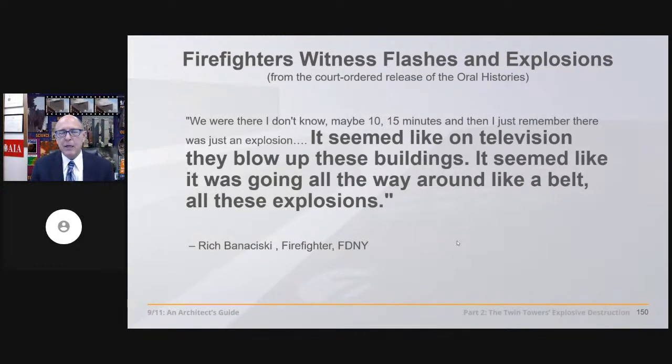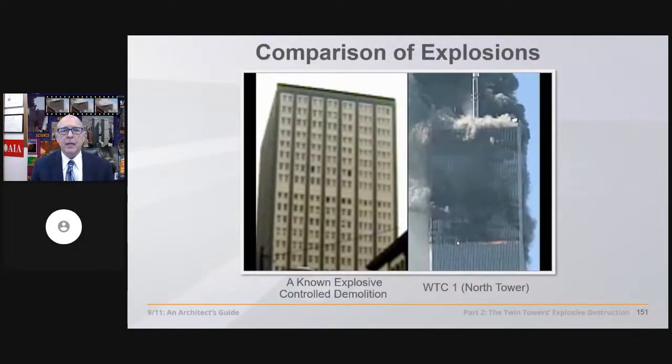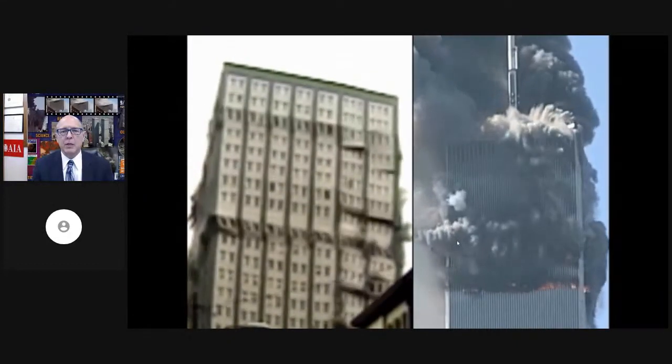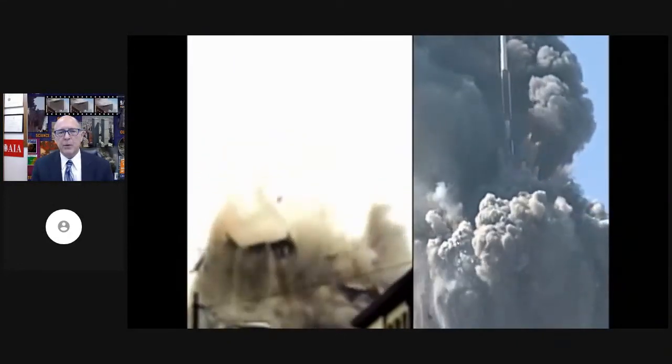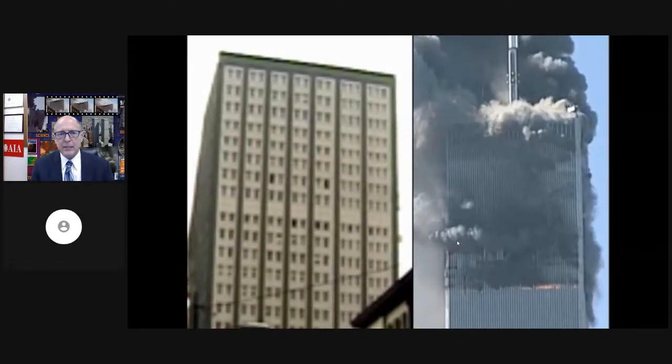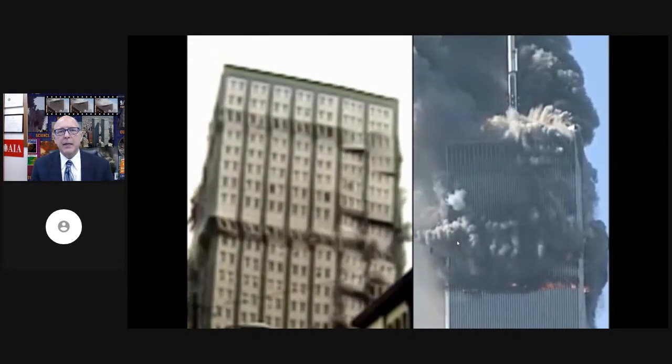All these explosions. Let's take a look at the North Tower, see if there's any similarity to a known controlled demolition on the left with a sudden, smooth descent, no hesitation. Is there any similarity?